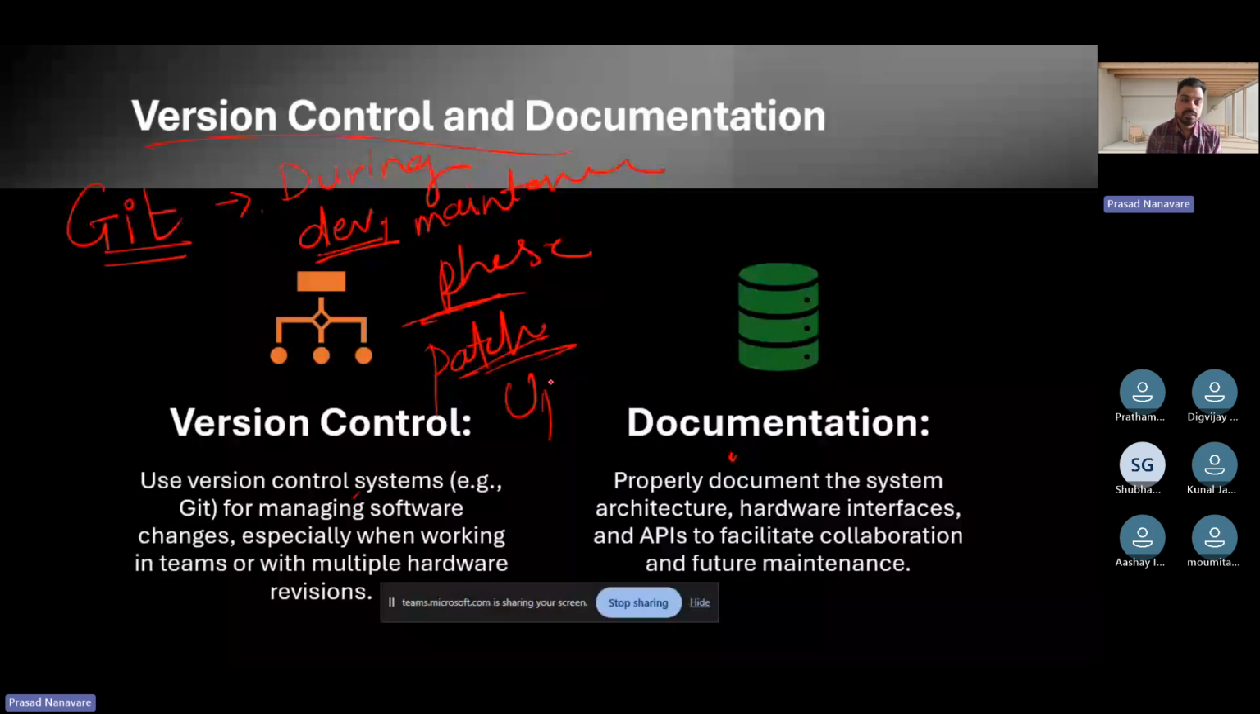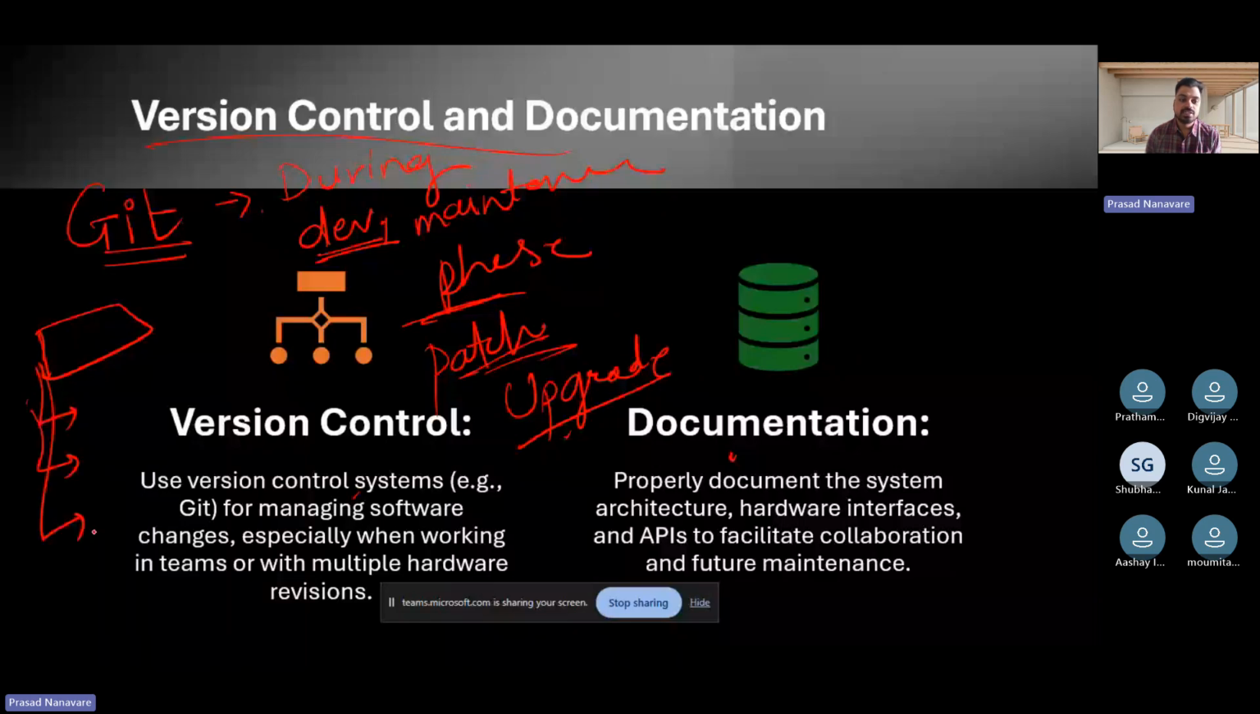Okay, there is a central repository of a main system, then a lot of developers are working on their own branches, and then they're committing their changes to master, and then that is merged. So this is basically version control, and Git is the best example. You know it better. And documentation means maintaining proper documentation is very important here, because